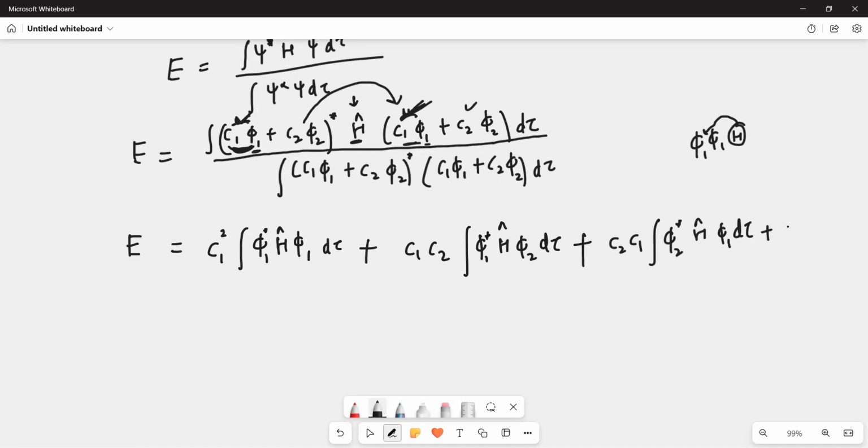Plus, again we have C2 whole square, integration phi 2 star, we have the Hamiltonian operator in between, and phi 2 d tau, then divided by,